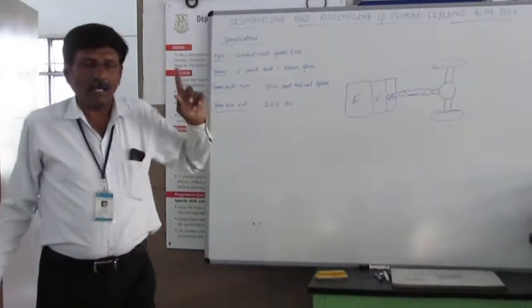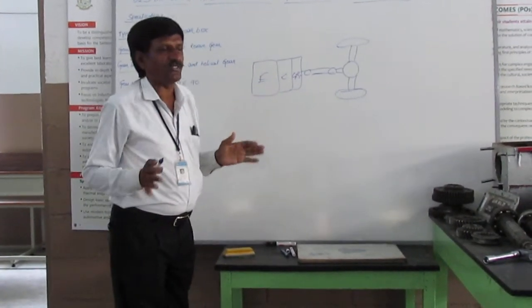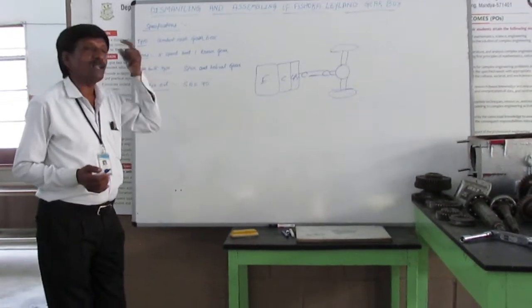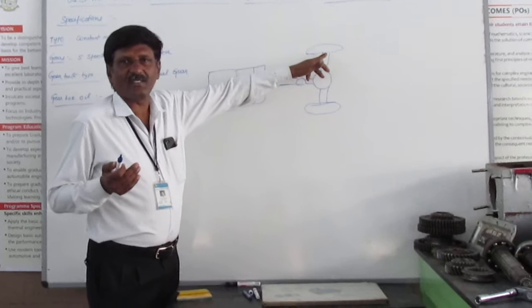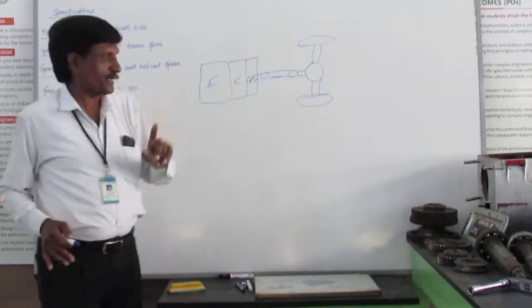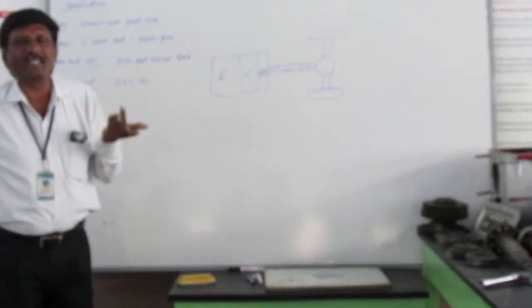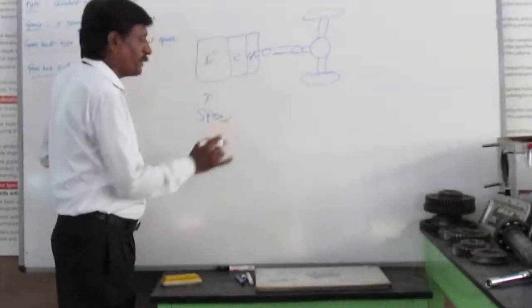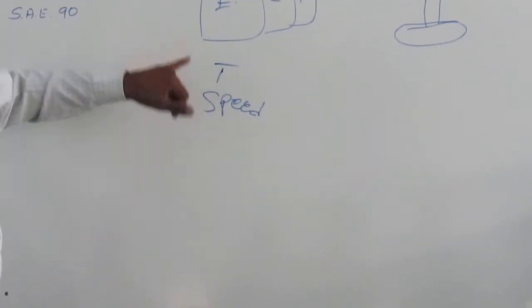Now, one thing is that the requirement of the vehicle is different. For example, to move the vehicle from rest, it needs high torque and low speed. But when the speed of the vehicle increases, the speed is high and the torque required is less. By using the engine itself, we can vary both the speed and torque, both can be varied by the accelerator. But if you increase the acceleration, both the speed and torque increase simultaneously.